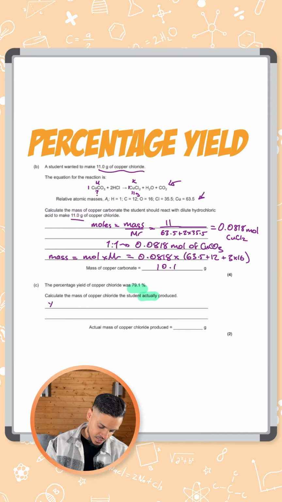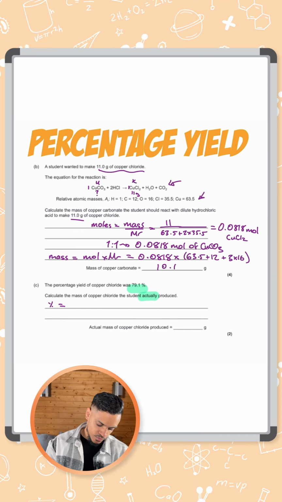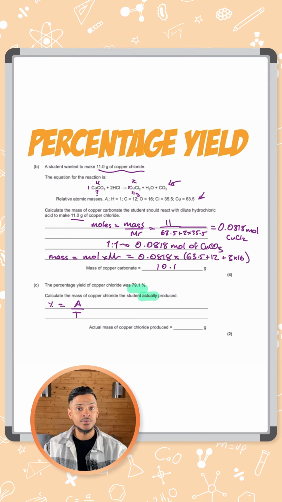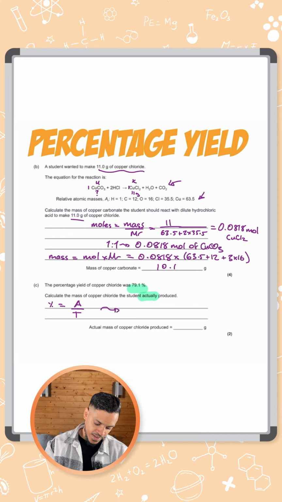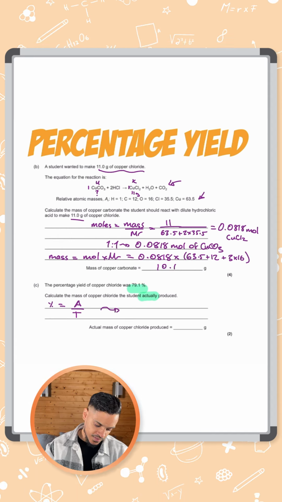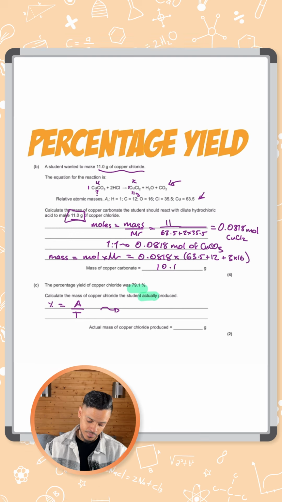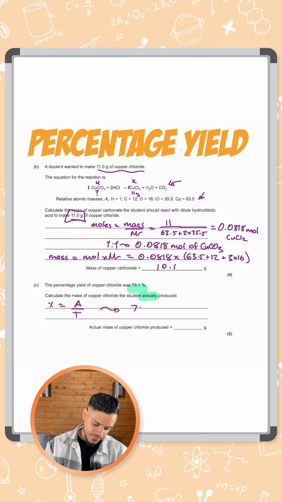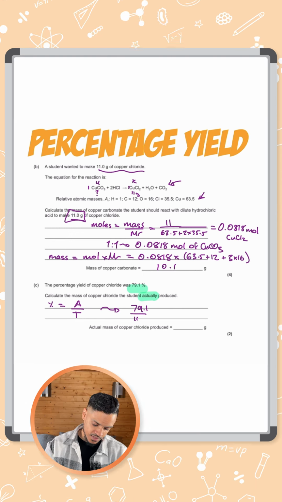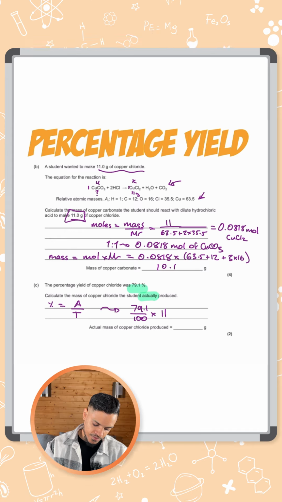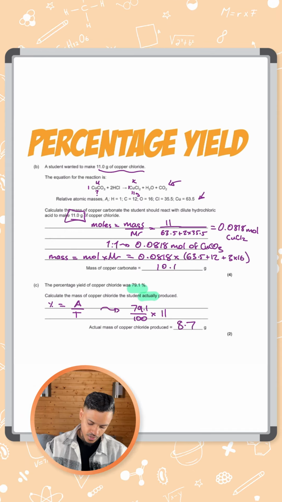So percentage yield is equal to actual yield over theoretical yield. So what we want to do is find the theoretical yield given that the actual yield was 11 grams. So the copper chloride that was actually produced was 11 grams. So we can just do 79.1% times by the 11 grams to give us the final answer. So the answer here